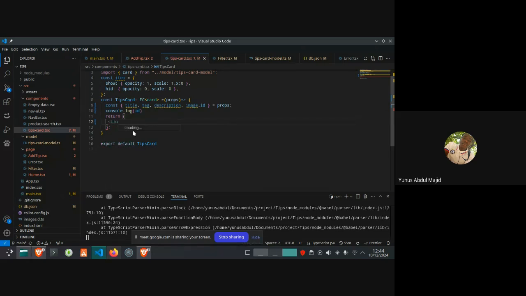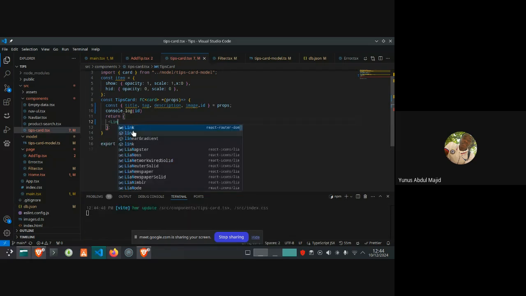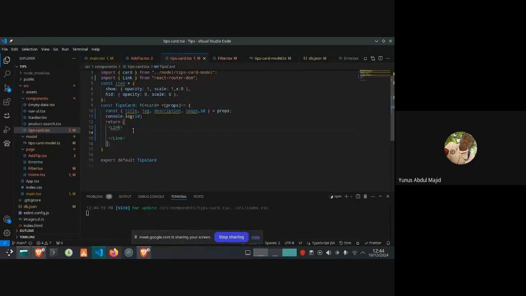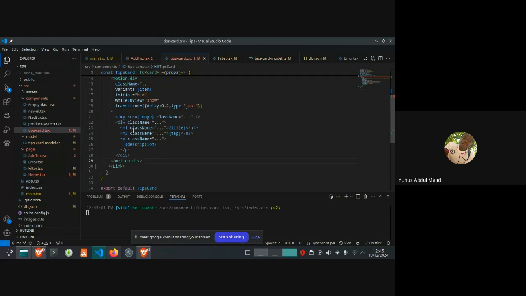Link from react-router. So Link, then we put all the other content I just copied inside this tag.